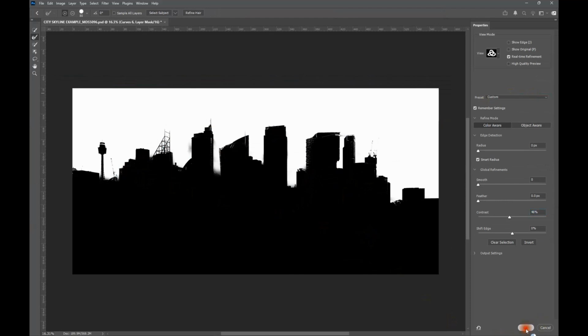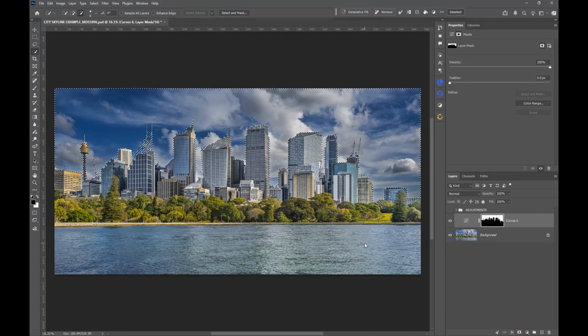So there are a number of ways we can make a selection. We can apply it as a mask to an adjustment layer, and then that gets us started on using the wonderful tools within Photoshop that allow us to make selective adjustments to our images. So in future videos we'll cover more aspects of this,